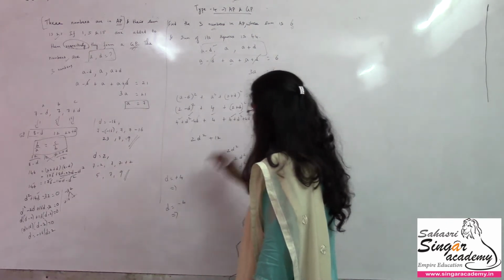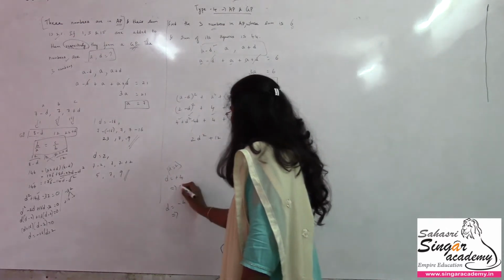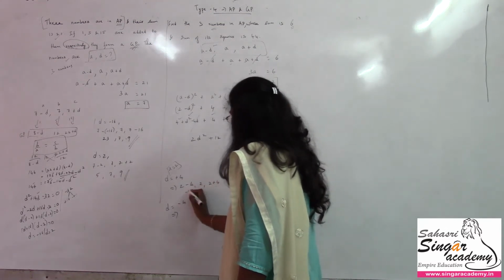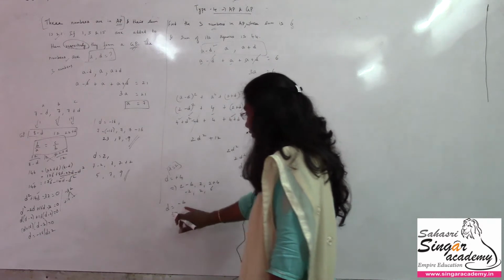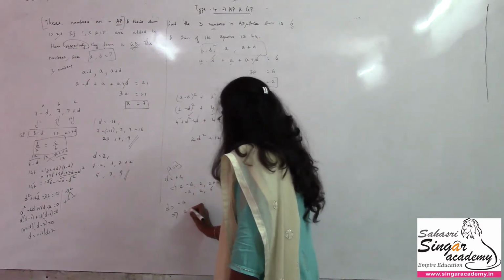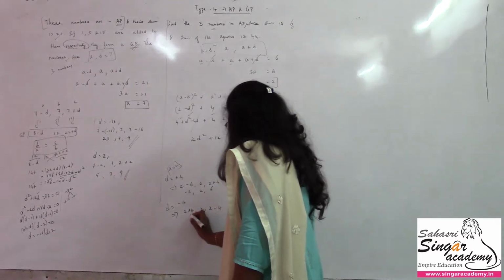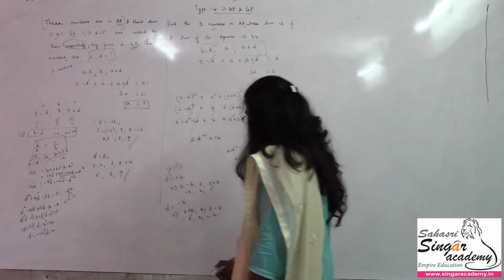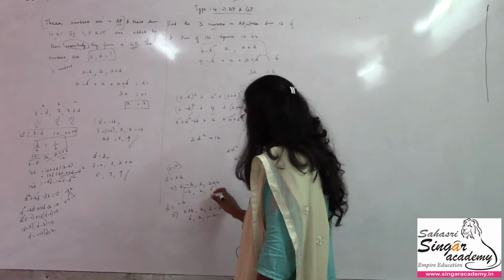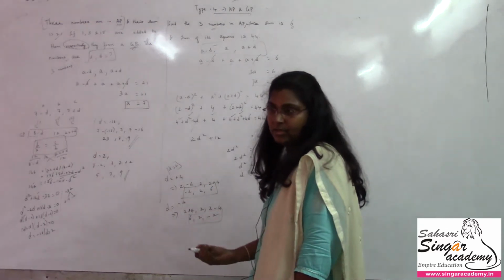So when A is equal to 2 and D is equal to 4, the numbers will be 2 minus 4, 2 and 2 plus 4. So this is minus 2, 2 and 6. When D is minus 4, this will be 2 minus of minus 4, 2 and 2 minus 4. So this will be 6, 2 and minus 2. Don't think both are the same, it's different. Here minus 2, 2, 6. Here it is 6, 2, minus 2. Ordering is important, because in a sequence, ordering is everything.